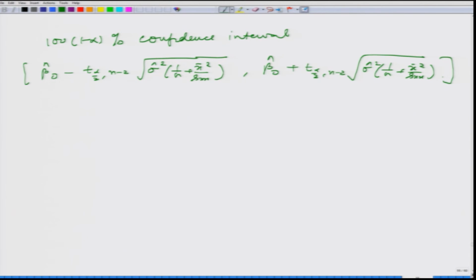Right. So, now again you can see that this is the value that can be obtained from the data, this is the value that can be obtained from the data, and this is the value which is obtained from the tables of T probabilities, that is the T table, and based on a given set of data this confidence interval can also be obtained. Now, we consider the test of hypothesis